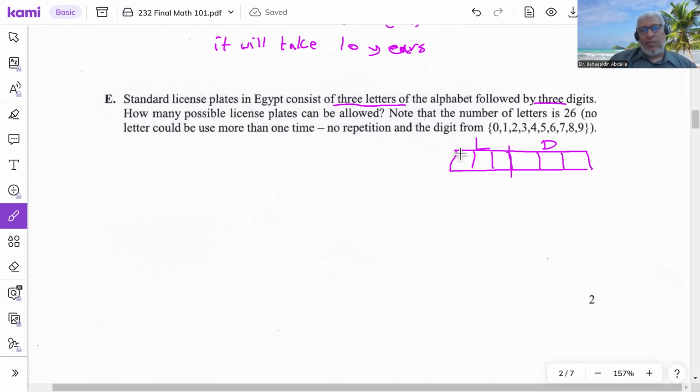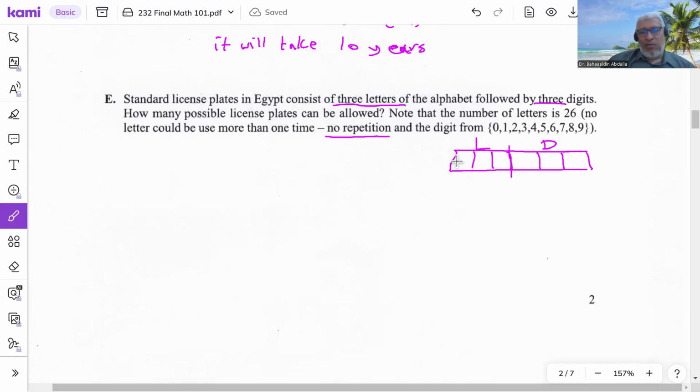The number of letters is 26. No letter could be used more than one time. No repetition. And the digit from 0 to 9. So if he means no repetition in both digits and letters, the solution would be